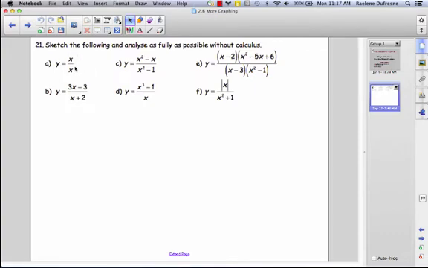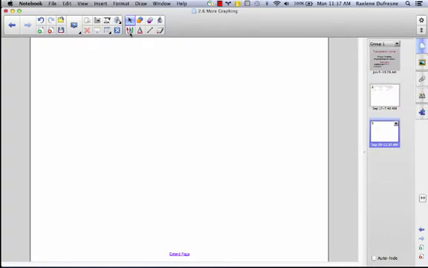We can start off with the graph of y equals x over x, but that's a basic function, so I'm going to leave this one, and if we have time we can come back to it. I'll start off then with part B, 3x minus 3 over x plus 2. I'm going to refer to the function as f of x,